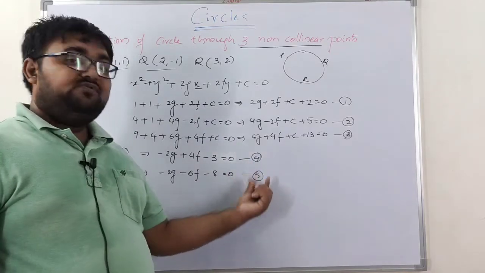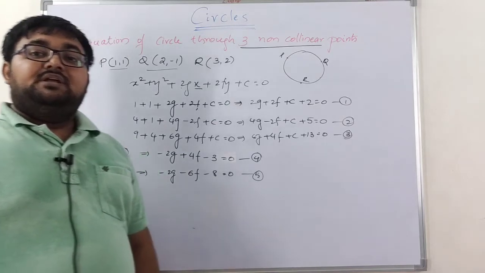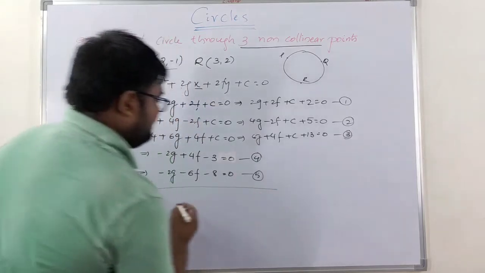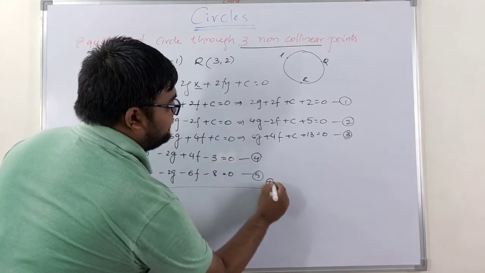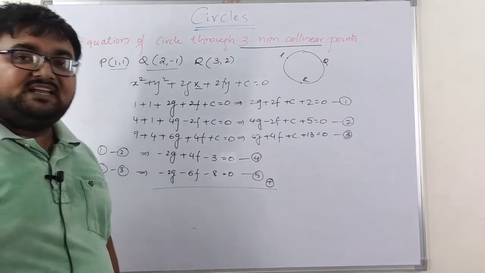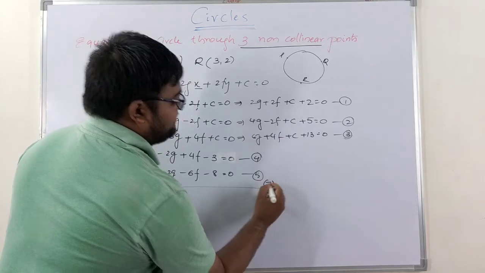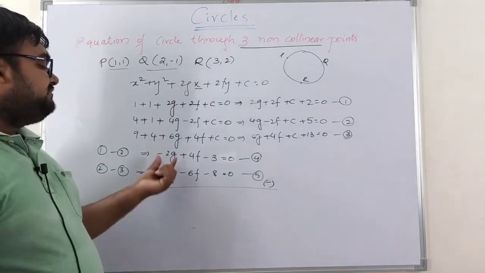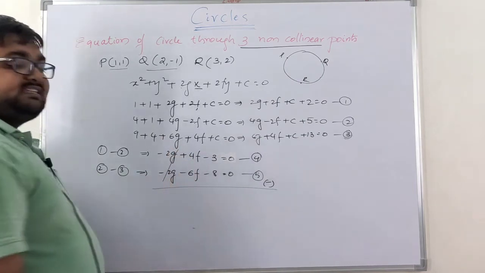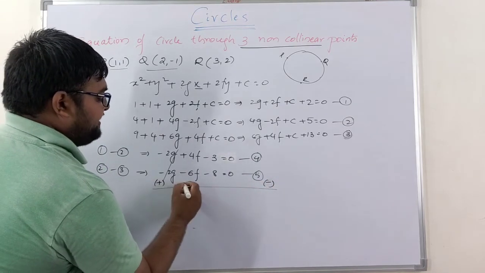Now if you observe equation 4 and equation 5, we have only 2 variables. If you want only one variable, what can we do? I could simply add these up, but then minus 2g will not get cancelled, right? So what I need to do here is subtraction. Minus 2g minus of minus 2g is plus 2g. Minus 2g plus 2g gets cancelled. Now whenever we are doing subtraction, what is the main thing that we need to do?